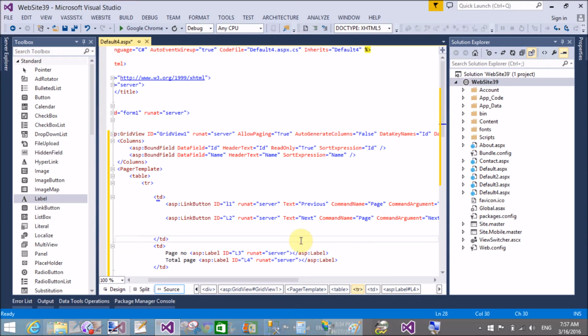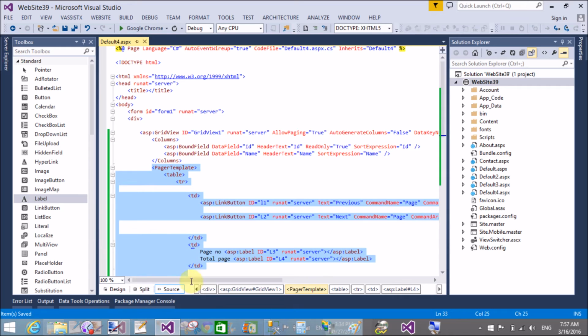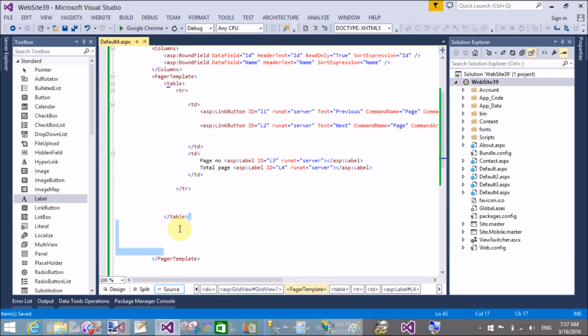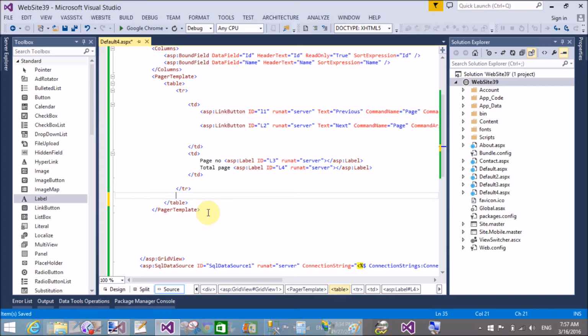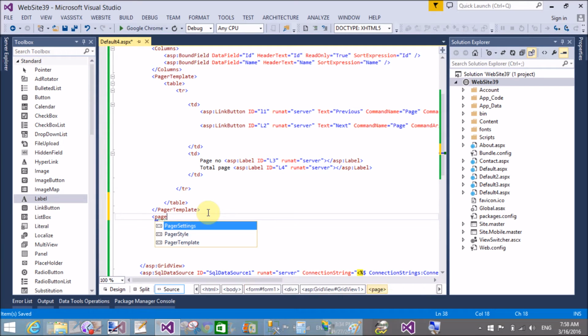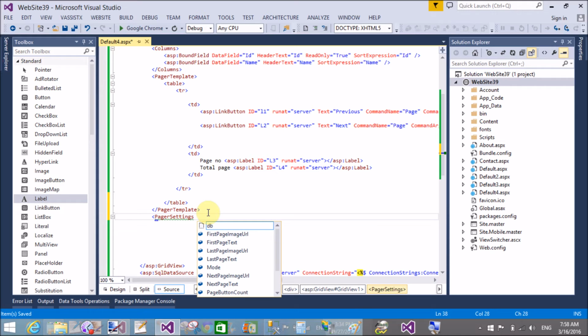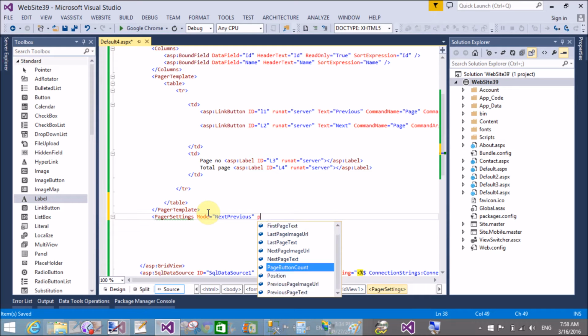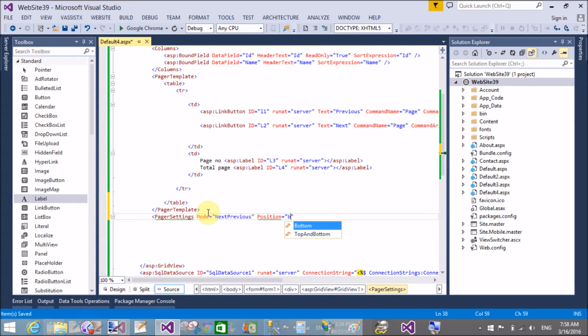Now in the code behind file you can use the pager template. After that, define the pager settings. Mode is NextPrevious, and the position is Bottom, or you can use TopAndBottom.